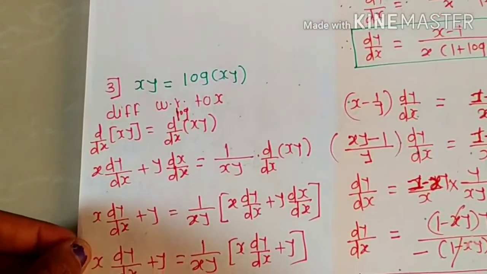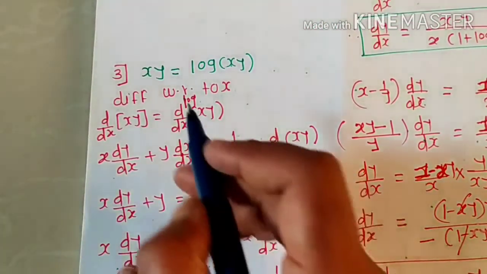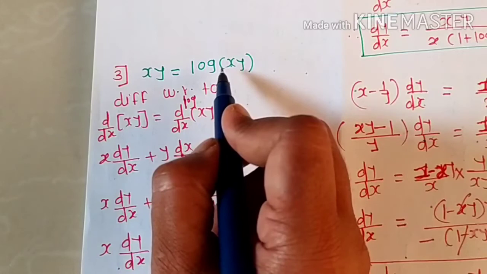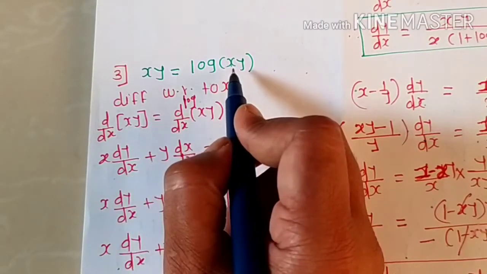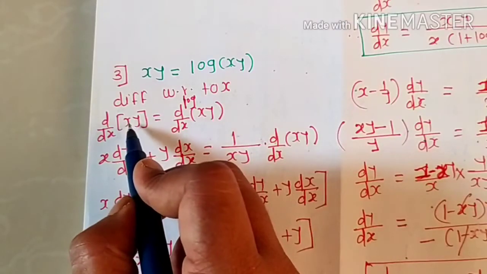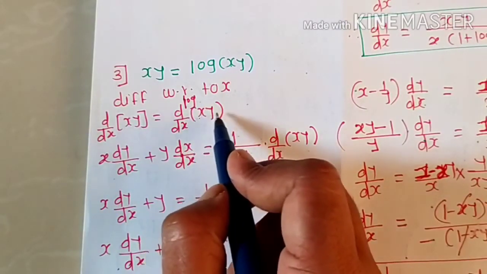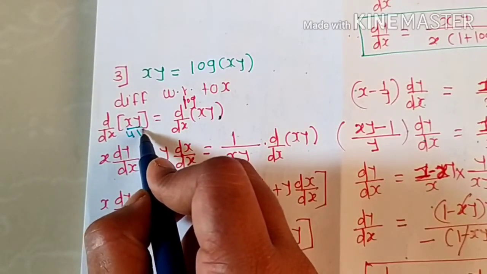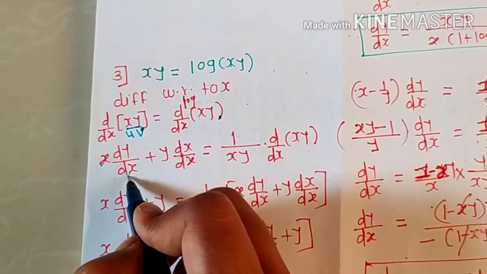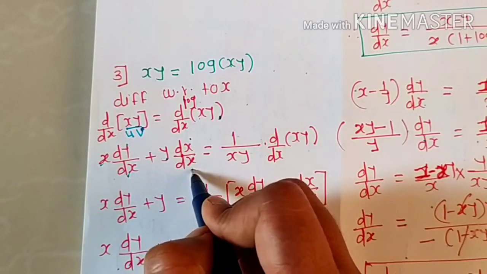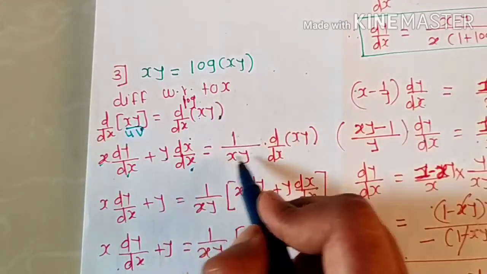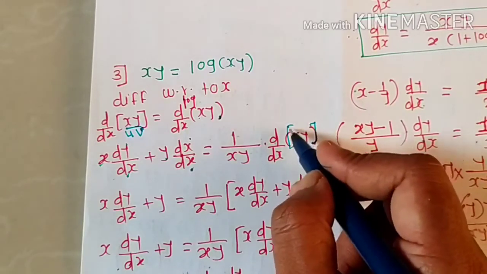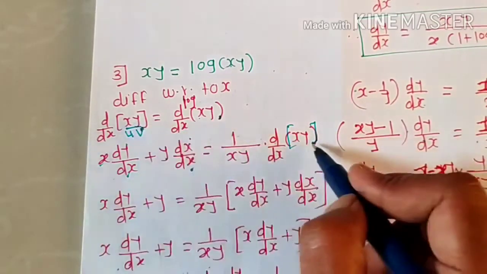देन सेम थिंग फॉर द नेक्स्ट वन एग्जाम्पल, हियर xy is equal to log of xy. Then to differentiate और देन टू फाइंड dy by dx वैल्यू, डिफरेंशिएट करेंगे बोथ साइड को, देन डिफरेंशिएट विथ रिस्पेक्ट टू x। तो डेरिवेटिव ऑफ xy इज इक्वल टू डेरिवेटिव ऑफ log ऑफ xy। तो इन ऑर्डर टू फाइंड डेरिवेटिव, प्रोडक्ट ऑफ टू फंक्शन है तो प्रोडक्ट रूल यूज करना है। तो x इंटू डेरिवेटिव ऑफ y विथ रिस्पेक्ट x प्लस y इंटू डेरिवेटिव ऑफ x विथ रिस्पेक्ट टू x इज इक्वल टू लॉग का डेरिवेटिव 1 अपॉन xy इंटू डेरिवेटिव ऑफ दिस xy, मतलब डेरिवेटिव ऑफ कंपोजिट फंक्शन।